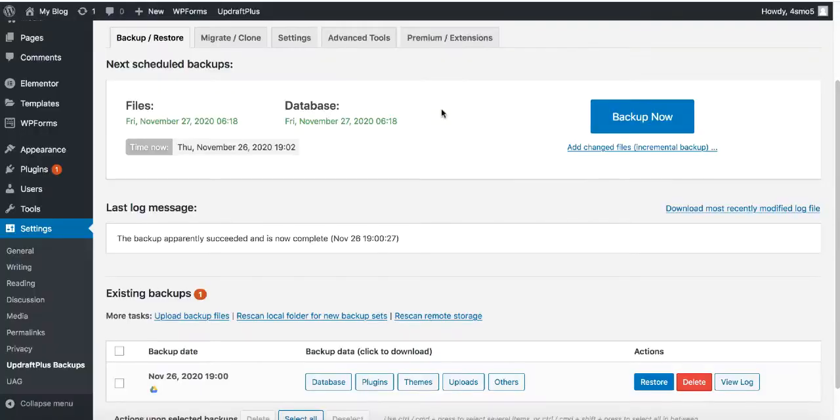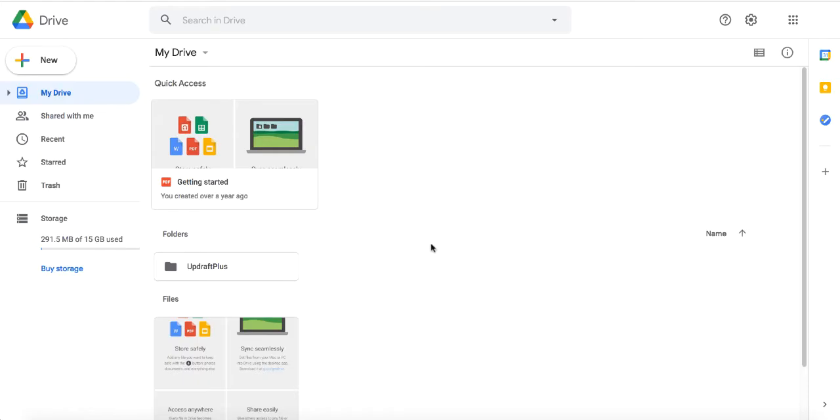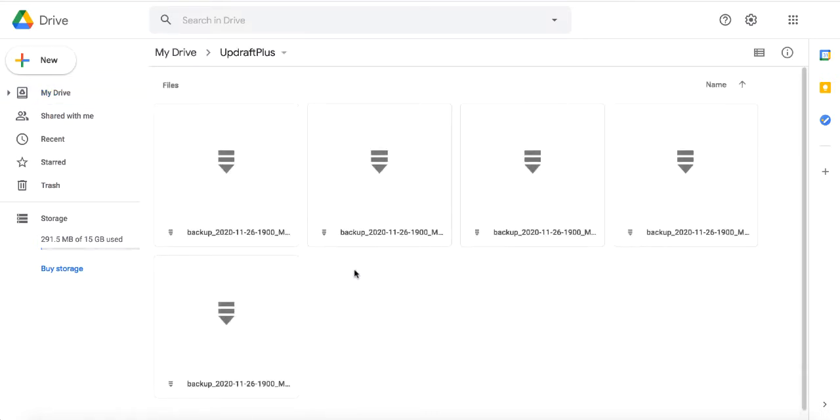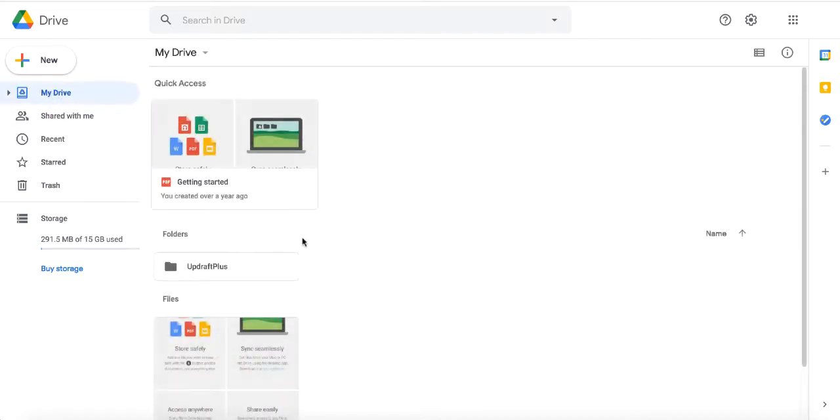Now, if we go to the Google Drive, you can see this folder is added. Okay, it's called Updraft Plus. And once you open it, you have 5 files for every backup. Okay, and these 5 files include uploads, themes, plugins, others, and one more file. So you got 5 files for every backup. So we're not going to change any of these files. Don't touch it. Don't delete it. Don't rename it. Just leave it as it is. Let's go back to our